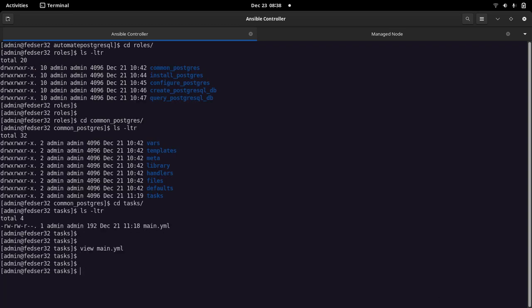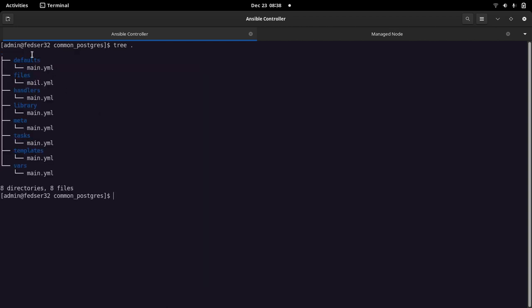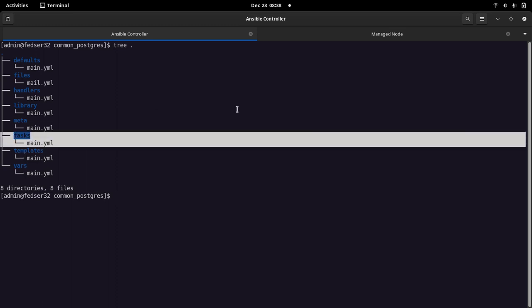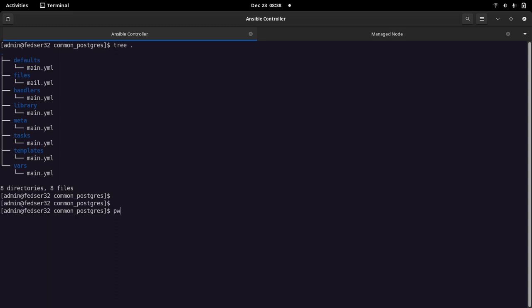And here let me show you the role again in the tree structure. I'm not using any other folder or subdirectories over here other than the tasks folder, wherein we have updated the main.yaml file. Okay, so this is all about the common Postgres role.